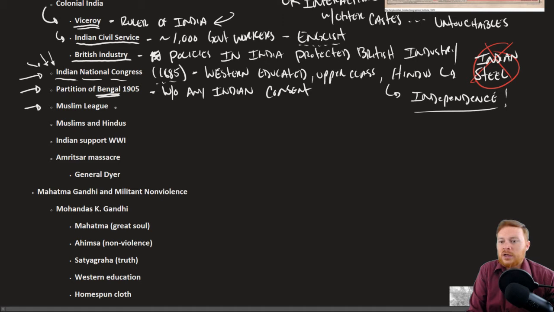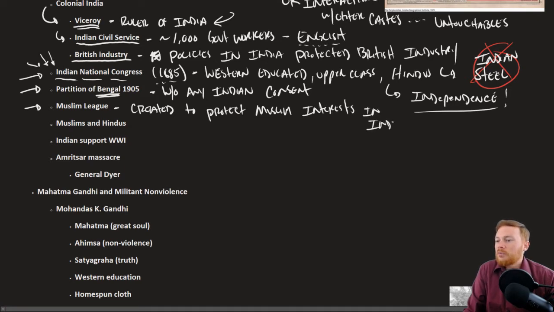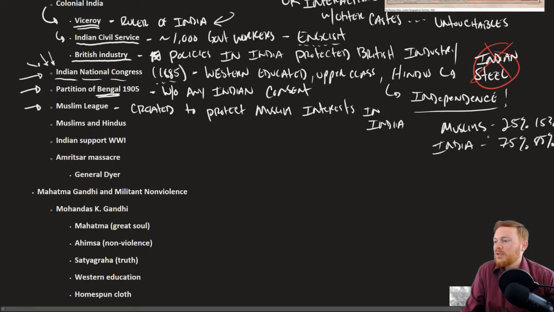The Muslim League was created to protect Muslim interests in India. Recall that in India, Muslims may make up, I think your textbook says 25%, although I think that number is a little bit high. Some of the numbers I've heard are 15% and 85%, but nonetheless, Muslims are certainly in the minority, and they want their voices to be heard in an organization that is not just dominated by Hindus, and thus gives rise